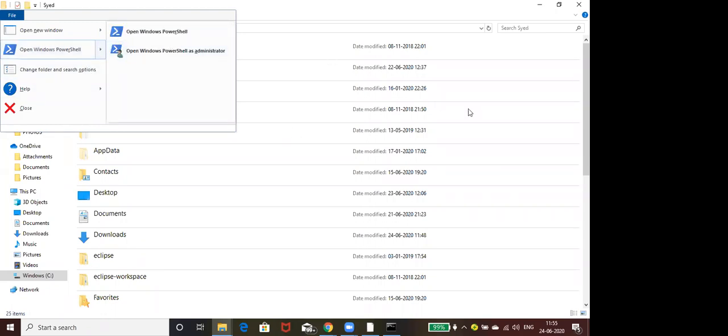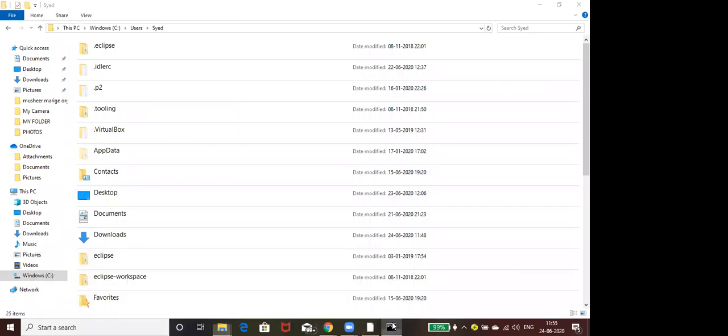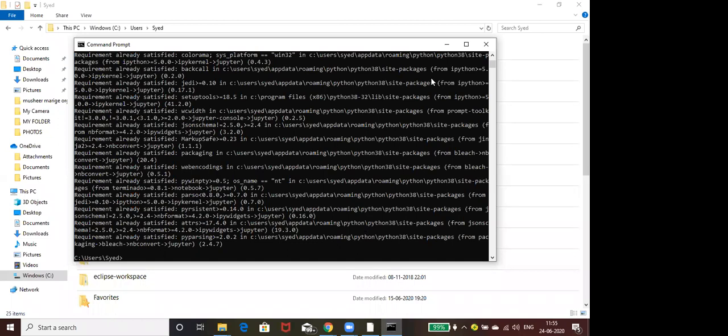C drive close, and once open command prompt, we will check there which Python is working. Open command prompt. Once clear this, once close and open command prompt.